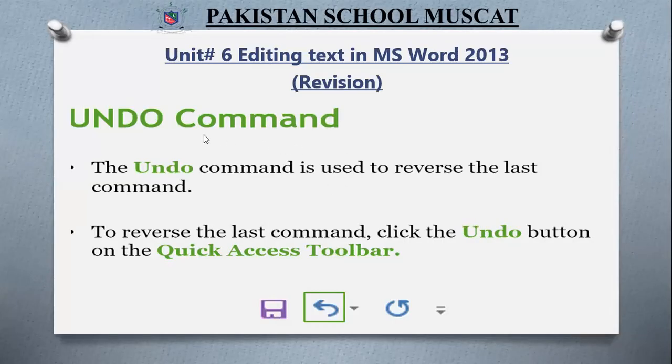So here we have the undo command. As we had seen in the Word window, this is in the quick access toolbar options. And what does it do? The undo command is used to reverse the last command to get the action back. To reverse the last command, we need to click the undo button on the quick access bar. This is the undo command, an arrow towards the left-hand side. I hope it will be clear to you, my children, and you are already practicing it as well. You can even use Control plus Z from your keyboard to carry out the undo command.